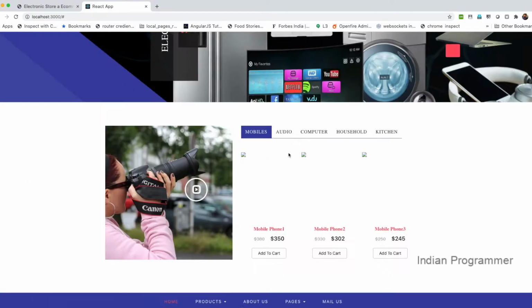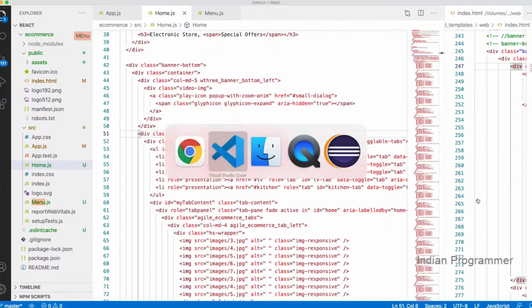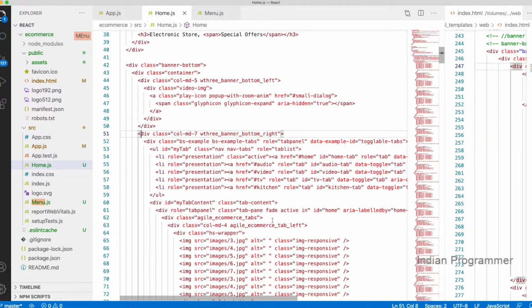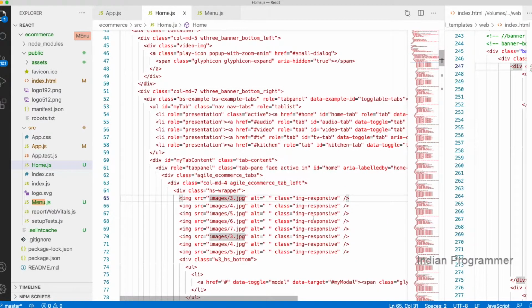Okay, if I refresh, I think yeah, it's working fine. I can see the page is ready. Maybe the images are not loading, that we need to dynamically load because we have added them, right? So it has to be rendered from the assets folder.